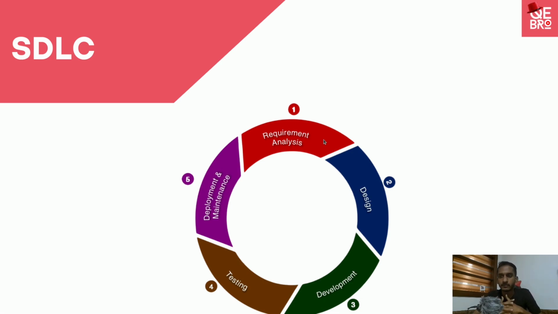The software development lifecycle is like, for example, let's say you are working on a project. So let's take an example. One of your friends asks you to develop a website for him or her. So then you are the developer. For a full project, if it's a small scale project, there will be no other people. So for this example, let's say you are the one who works on all these things.